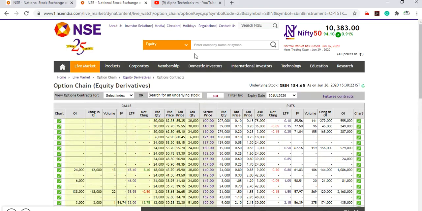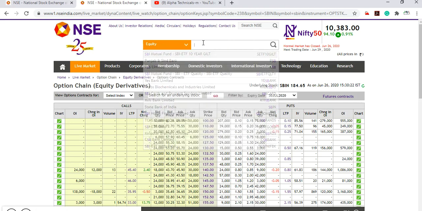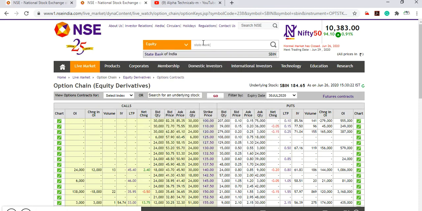In the top of the home page it will always be there. You can see equities. If you want to check, here you can type the name, no problem. Type State Bank of India and select it.